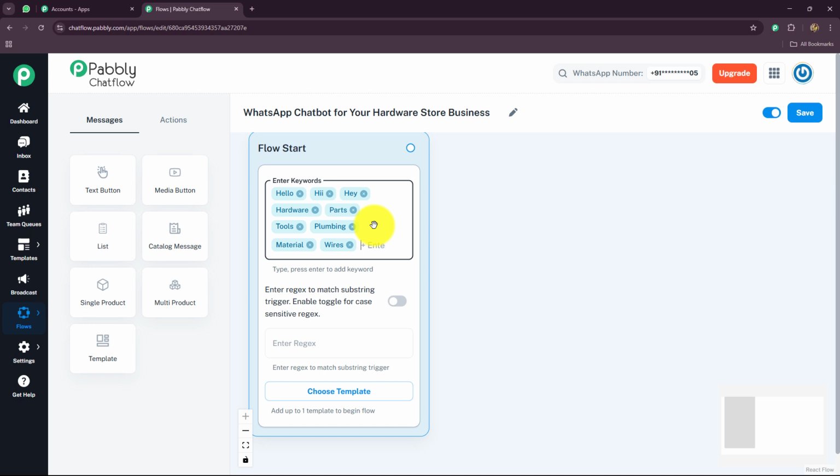So for example, if you are going to receive a normal sentence instead of a direct keyword from your customer, then from that sentence the keywords will be automatically identified with the help of regex and your flow will automatically start. So there is a particular format which you have to enter while entering the keyword. That is /b. You will open the bracket, you will start entering the keywords which you think you can